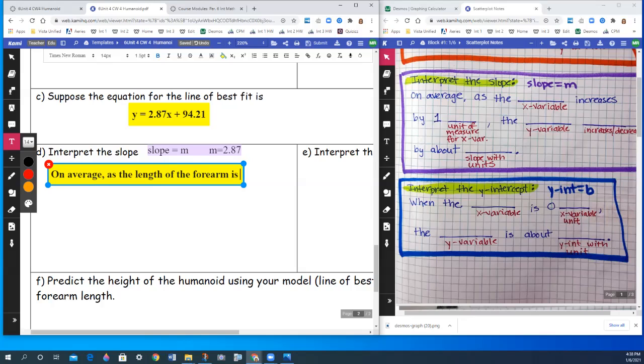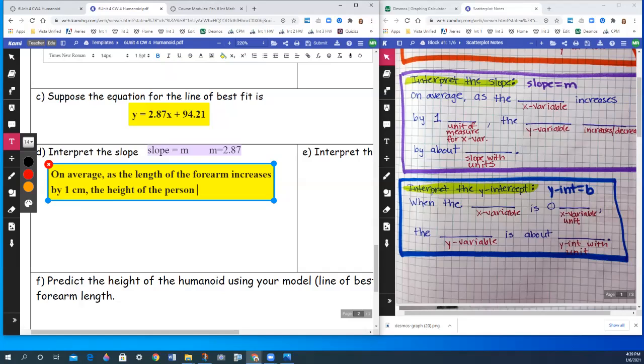So as the length of the forearm increases by 1, and in this case the unit is centimeter, and then my Y variable, which is the height of the person,